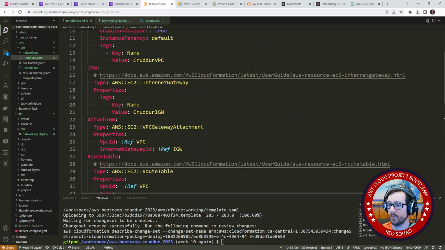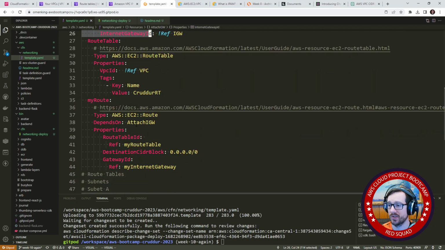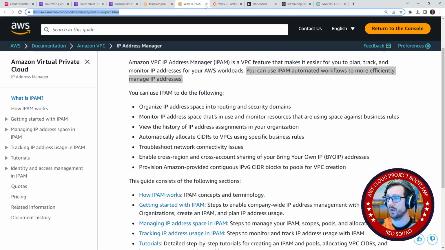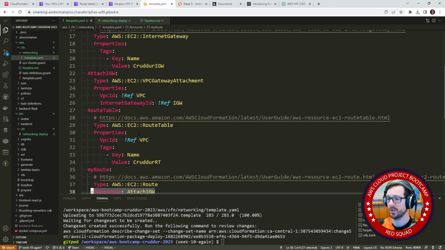The attached IGW has to be deployed before you create the route, because if it isn't, it will error out and say, hey, we don't have this thing. AWS is normally pretty smart about knowing to deploy the right things, but in some cases, you'll run into edge cases where it will complain. Now, in the example, it shows the depends on. Do we have to put that in here? We might not. We'd have to just run it and find out. So this might be superfluous, but it is explicit, and so it's not a bad idea to have it in there. But we want to look at the route table because we need to know what it returns,